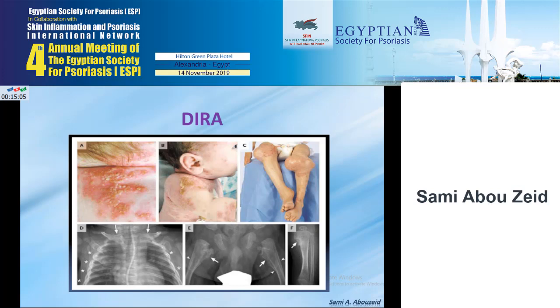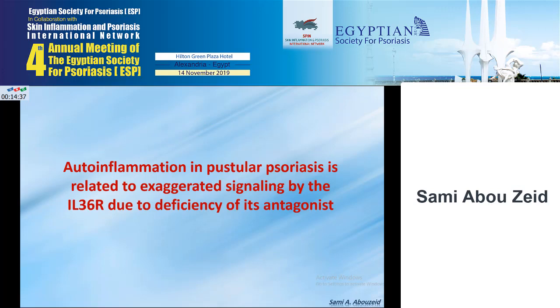This is a picture of DIRA, as you see, pustular lesions, epiphyseal inflammation with swelling, and we have the osteolytic lesions on the ribs. The ribs show enlargement of the anterior ends of the ribs, and we have cysts, osteolytic cysts in the long bones. We can say that autoinflammation in pustular psoriasis is related to exaggerated signaling by the interleukin-36 receptor due to